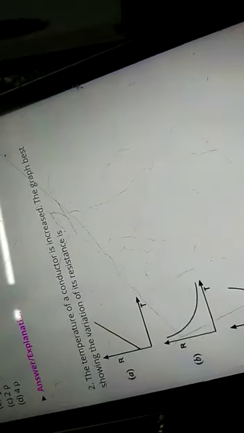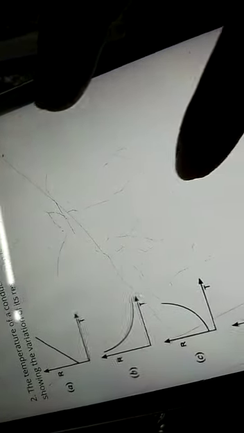Now your question number 2 is related to a graph. The temperature of a conductor is increased. The graph best showing the variation of the resistance. So you know that if temperature increases, the resistance also increases directly. So temperature and resistance are in direct proportion, so that if temperature is increased 2 times, resistance will also increase 2 times. If temperature is increased 3 times, resistance also keeps on increasing. And for a direct proportion, the graph is a straight line.